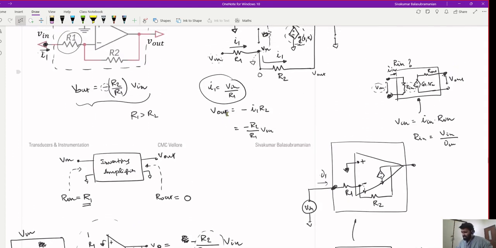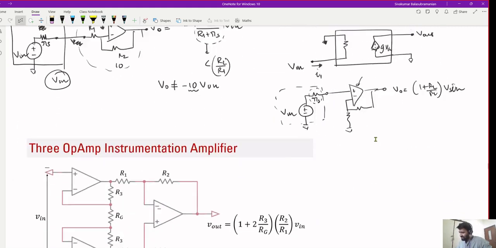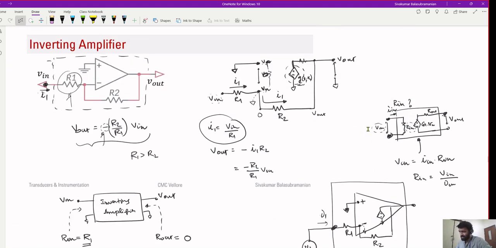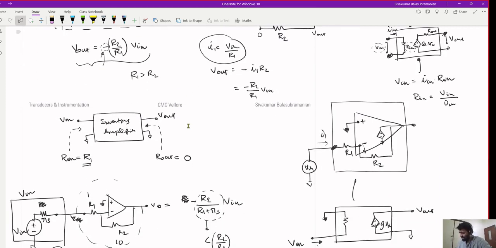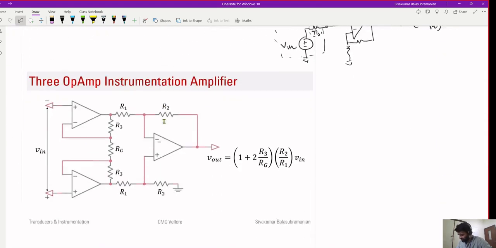All right. So that way, the inverting amplifier allows you to change signs, but it's not ideal in the sense that it does not give you infinite input impedance. There are lots of other circuits that you can build. You'll have some of these in your assignment. So we'll not look at any other circuit at this point, except for one more,